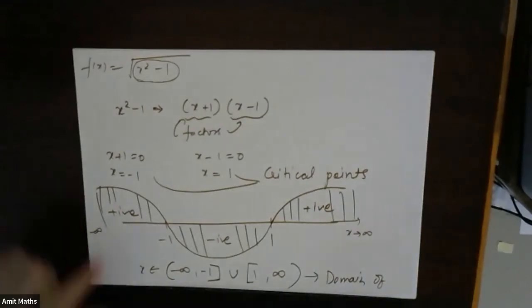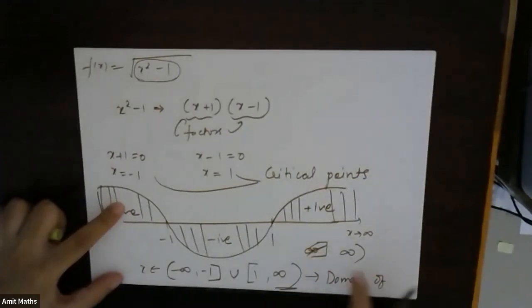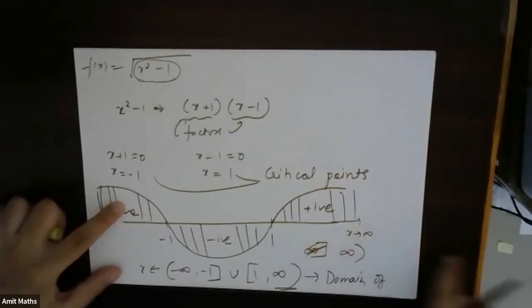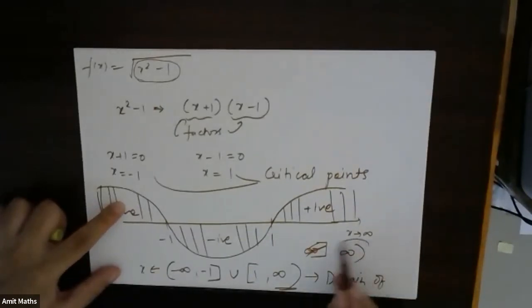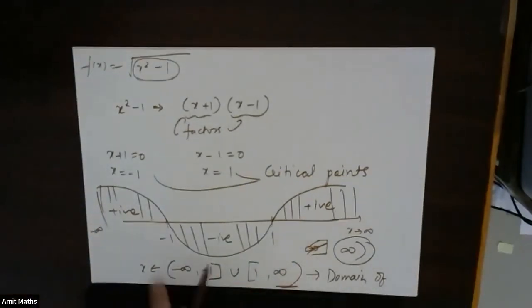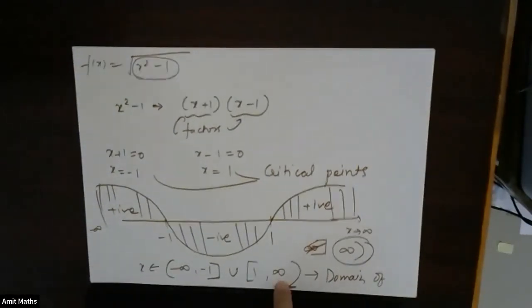It is a notation. Infinity we cannot put in this sign. We will always put infinity with this sign. It's just a notation because we do not know what is the ending. So we will always keep it open, that it will always keep on increasing. This is just a notation of how we represent infinity. We will always keep infinity in open brackets, not in closed brackets, because infinity is a never ending number. This we do not know.